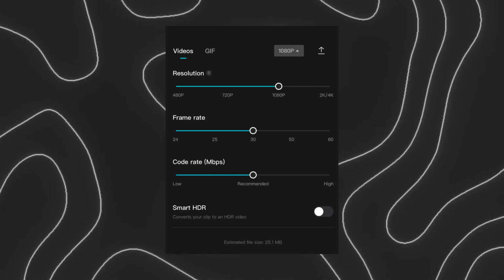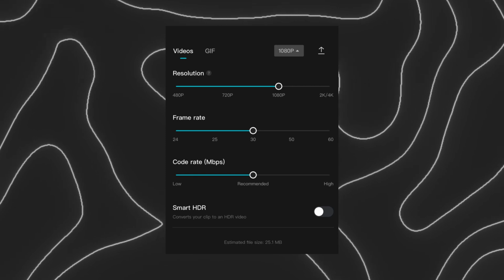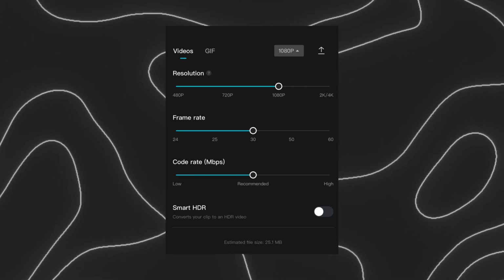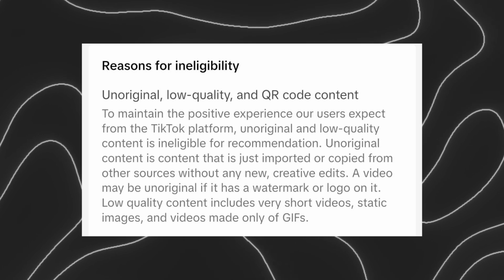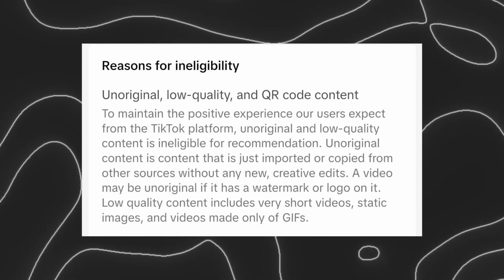Obviously, you also need to make sure you export it in high quality. If you're using CapCut, make sure you export it in at least 1080p, but even higher quality if you can. This should be your first go-to. Like, if you're wondering why your videos aren't hitting past 200 views, you should look at the video quality straight away. This is the first thing on the list for a reason. Sometimes TikTok will even straight out tell you and give you a notification saying the video is not good enough quality and we're not pushing it to the For You page. So please, please, please make sure your videos are top quality before you post them on TikTok. I promise you, this will probably solve like 50% of your issues right here.